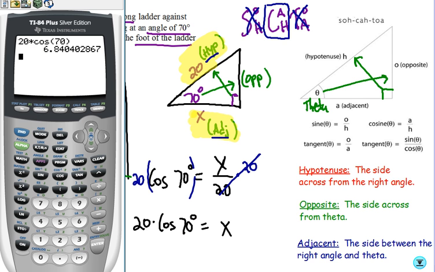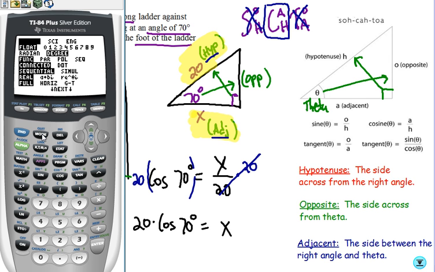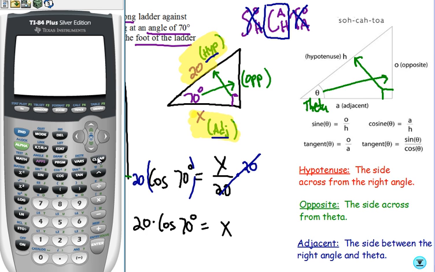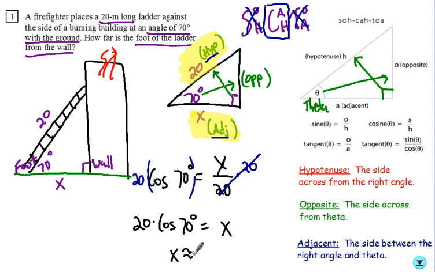At this point, we've taken it as far as we can by hand. We're going to use the calculator. One thing is make sure, first of all, that you have it set to degrees. So if you click mode, which is at the top left there, you'll see it's set to degrees. If it's not, if it looks like this, then just scroll over to degree and hit enter there. We have two different ways we measure angles. We use radians as a measure, and we use degrees, which radians we'll talk about later. In this case, we're using degrees. So we'll do 20 times cosine of 70, and we get 6.84. So I'll say x is approximately